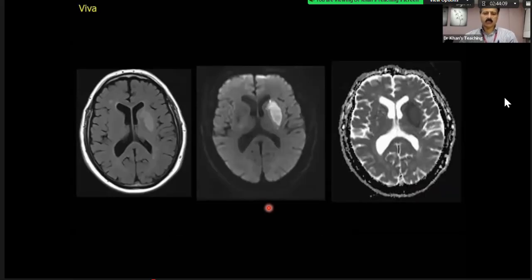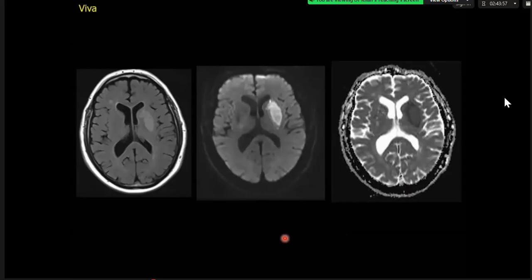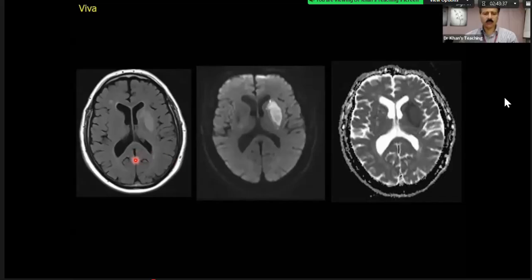Now, candidate 2, what is your finding on this one? Sorry, candidate 1. Yeah. So I've been presented with 3 axial images, 3 different sequences. The one on the left is a T2 weighted sequence, and there's a DWI and an ADC map. Which is, where I'm pointing out, what sequence is this? FLAIR, sorry. So this is a FLAIR sequence. Apologies. So, this is FLAIR, this is diffusion, this is ADC.